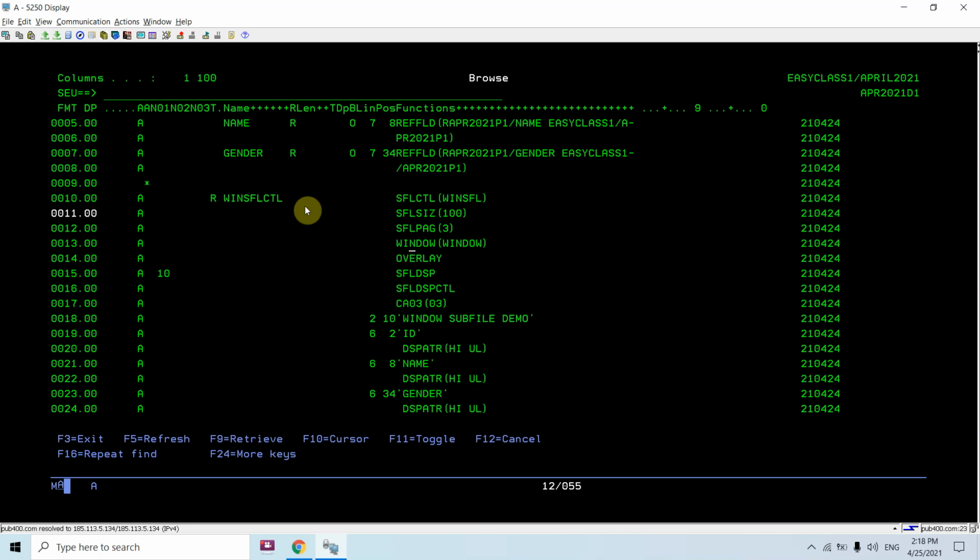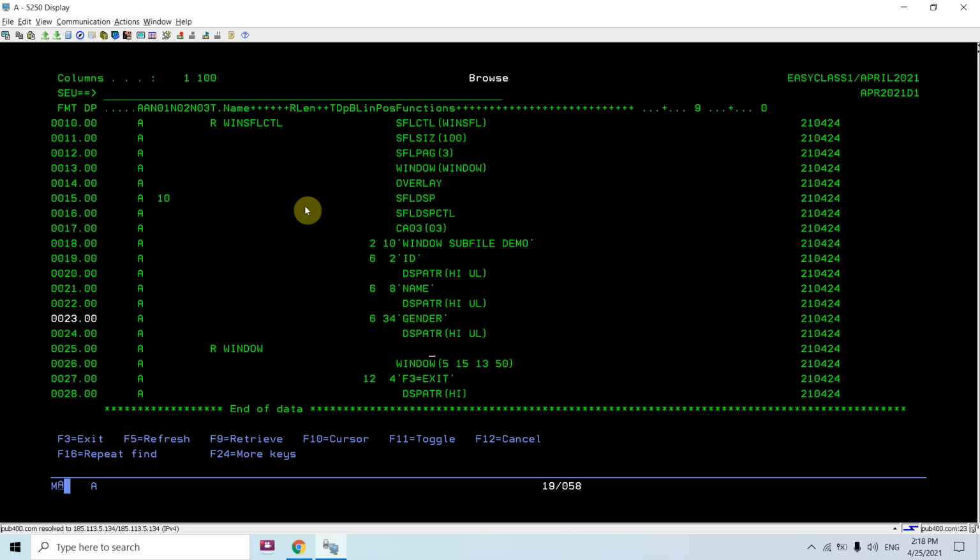Now we use the overlay to display the subfile control format while displaying the other record formats as well. SFLDSP is for displaying the subfile if any records are loaded, and SFLDSPCTL is the control for the SFL display. Same thing. Now I have used CA03, so I am using F3 to exit. For that I use the command attention 03 indicator,